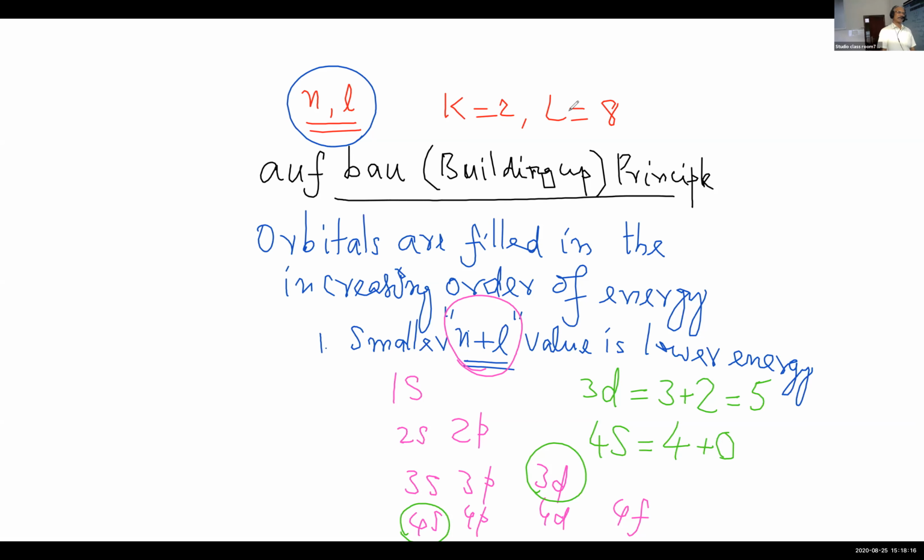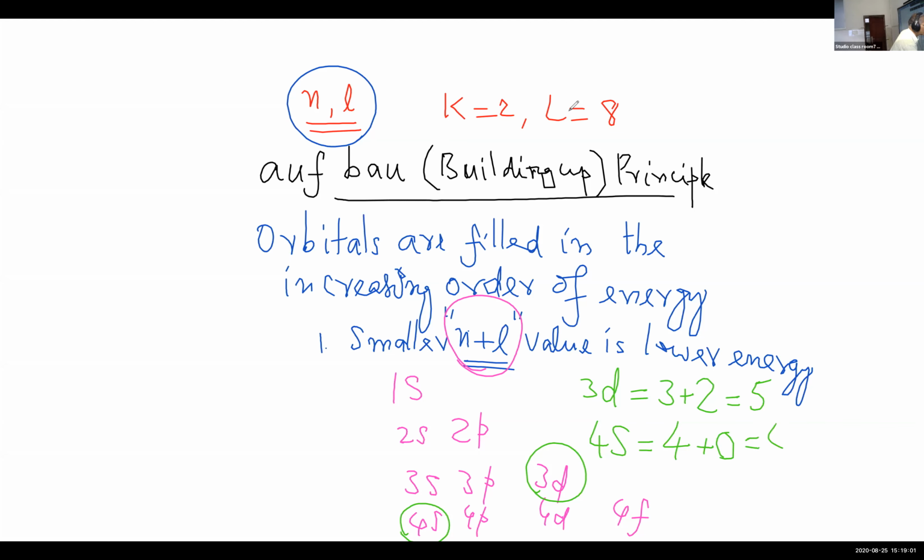My dear friends, you remember the sequence. You just mark in your brain, your memory, your mind: S, P, D, F, G, H is 0, 1, 2, 3, 4. Correlate. Very simple. S, 0, P, 1. Say like that. So for us, the azimuthal quantum number L is equal to 0, and therefore N plus L,